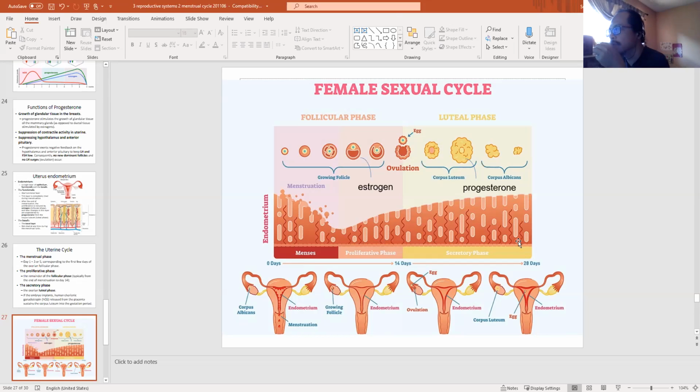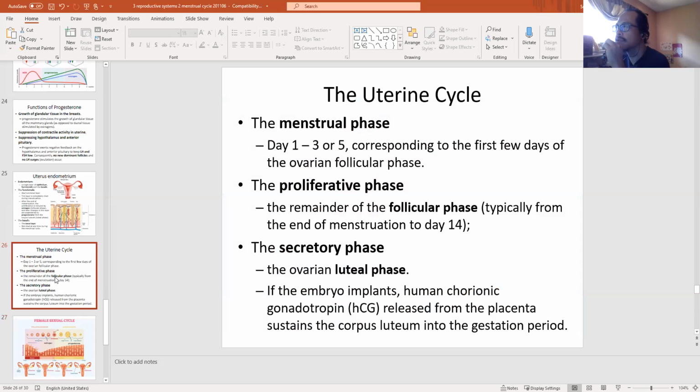And this progesterone continuously facilitates more changes here. This provides a better environment for the implantation. So that's that. We call this the uterine cycle, including the menstrual phase, or menstruation, and then this proliferation,